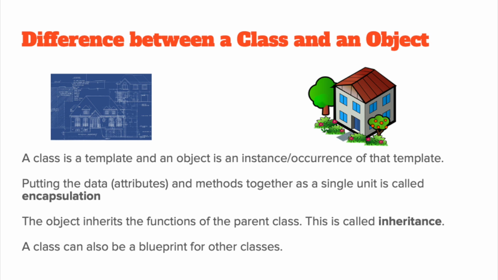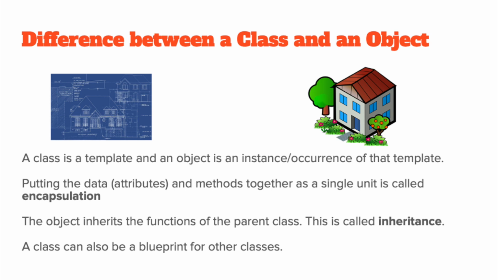Putting the data or attributes and methods together as a single unit is called encapsulation. That's why classes encapsulate both data and methods. Now the difference between a class and a record data type would be that a record data type does not contain any methods, just the attributes. Now we can create that as a form of a class as well, but to have true encapsulation,